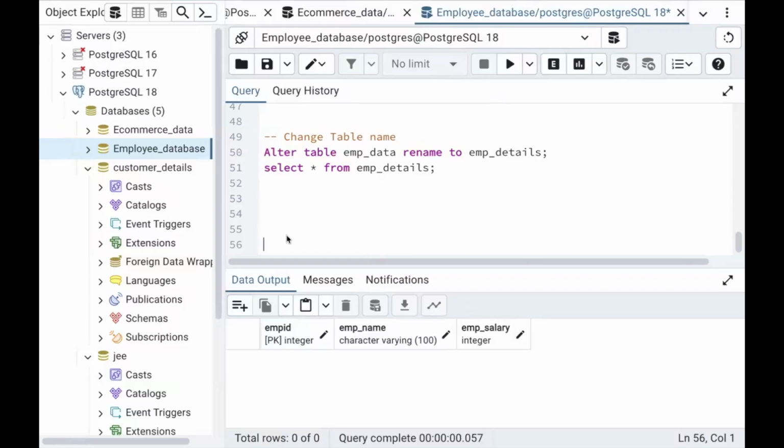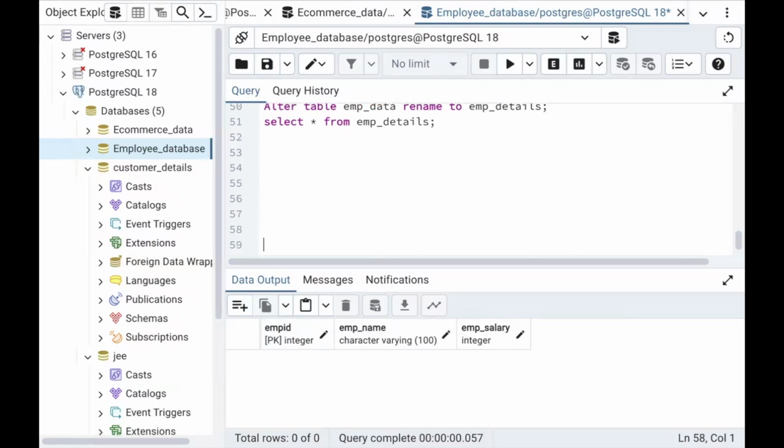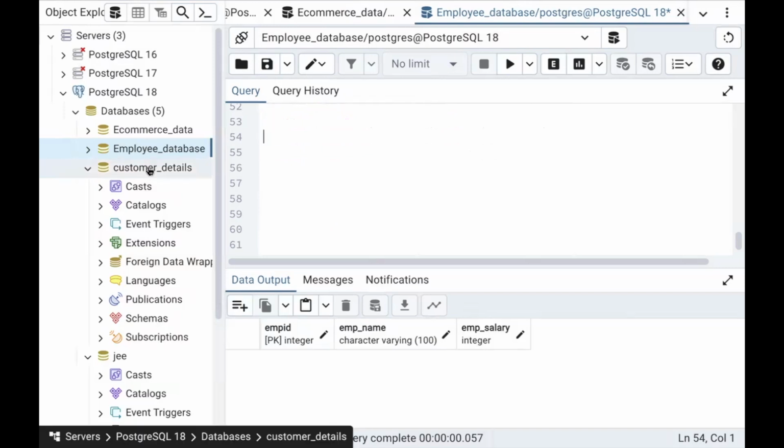In this video, let me show you how you can drop a database as well as how you can drop a table. Excited? So dropping tables and dropping databases are very simple. If you want to drop, there is one way. The first way is, let's say, for example, you want to drop this employee database or customer details or this G.